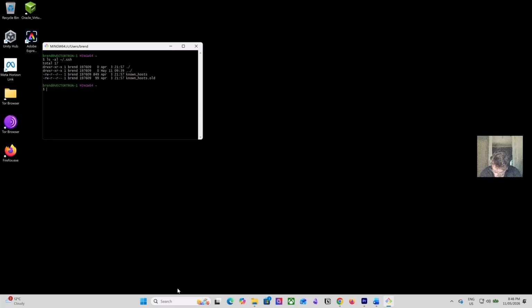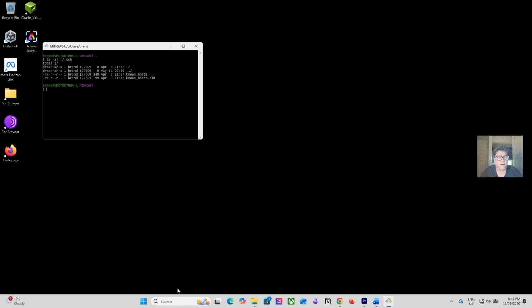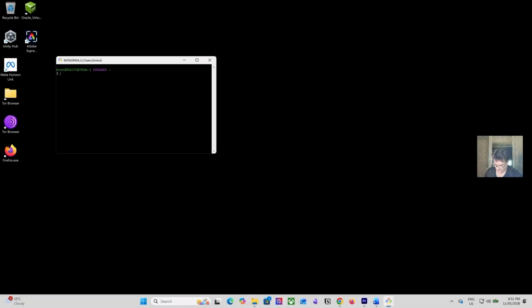If the command returns a file called id_ed25519.pub, then you have an SSH key. If you have one, then skip the next step and continue with adding your public key to GitHub. You can see here that we don't have one. To create an SSH key in Git Bash, type the following: